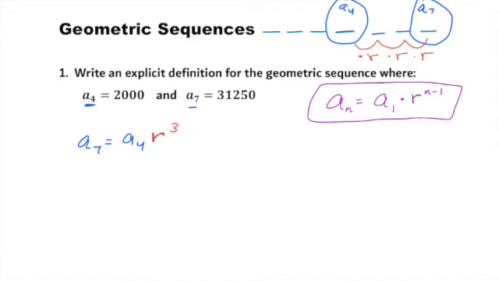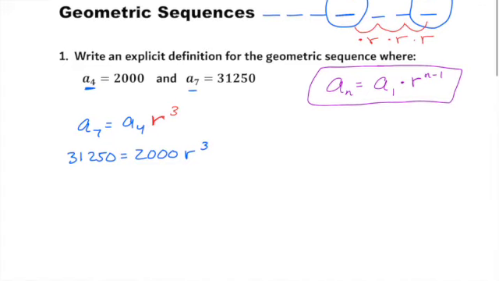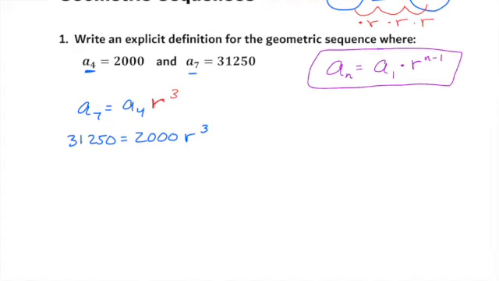Okay, so now let's actually use the numbers that are particular to this problem, which is that the seventh term is 31,250, and the fourth term is 2,000, times r to the third. And now you can solve for r by dividing by 2,000 and taking the cube root. So if you divide by 2,000,